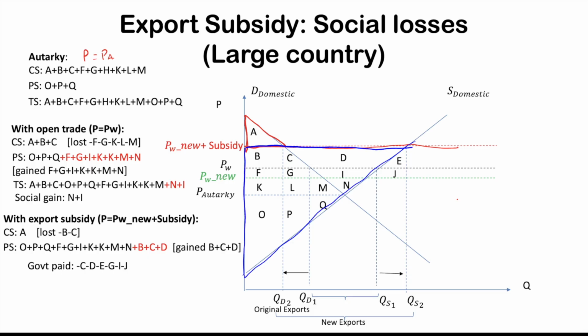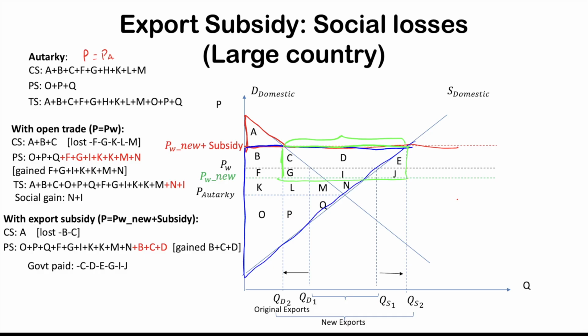However, the government actually paid for a lot of that export. So they paid the amount of the subsidy, which is the difference between P new plus subsidy and PW new, times the new exports, which is this distance here. So they paid